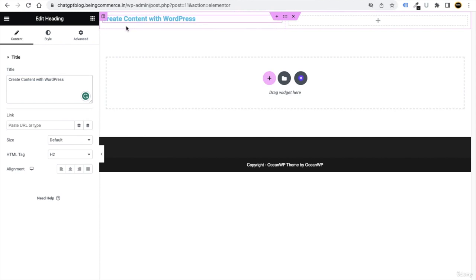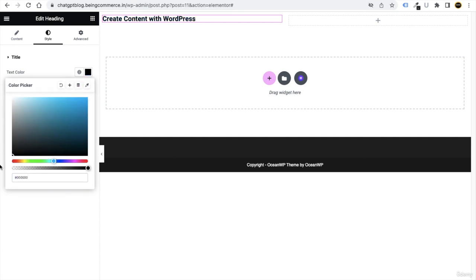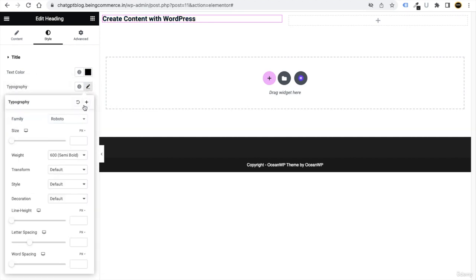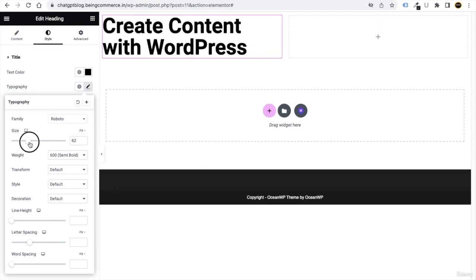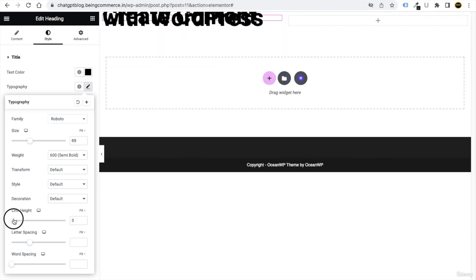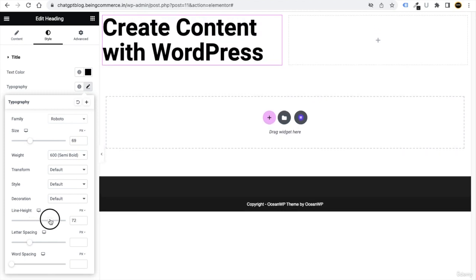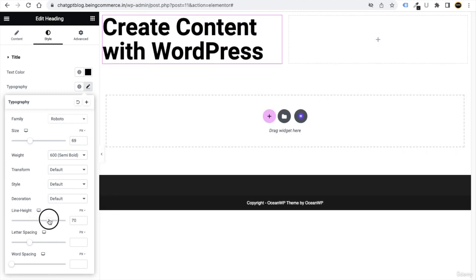Now we want to style it. So if you will click on this style, so right now it is in blue color, I can just make it to, let's say, black color. Okay, and I can just go to typography, and from here I can just increase it like this. Okay, this much is okay. Now here you will see the option of line height, because you can see the gap between create content and WordPress is too much. So I can just use the line height like this, so the gap between the upper text and lower text will look great here like this. Okay,